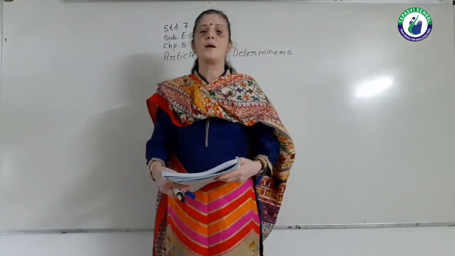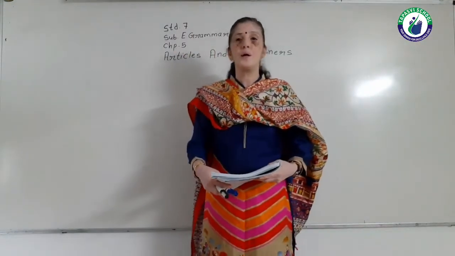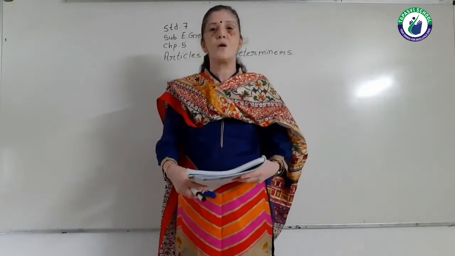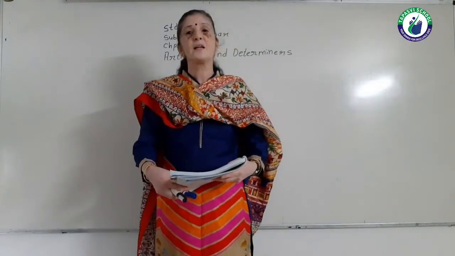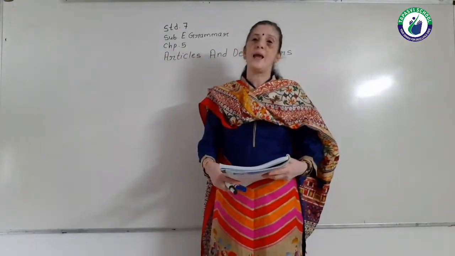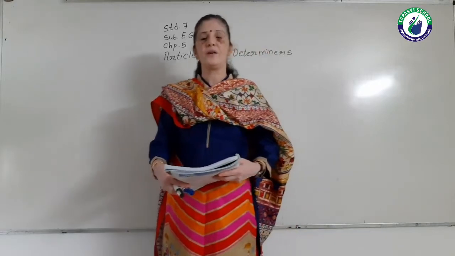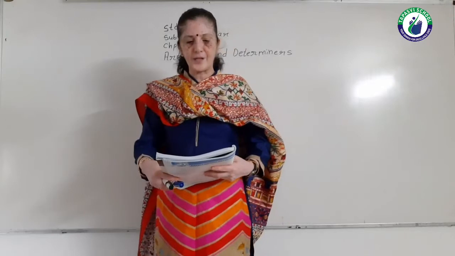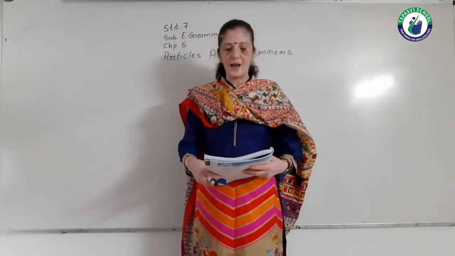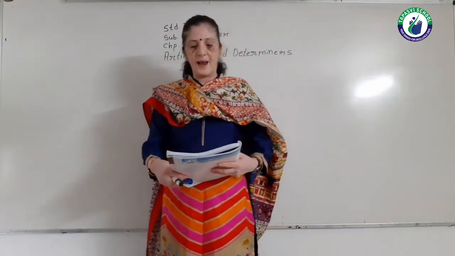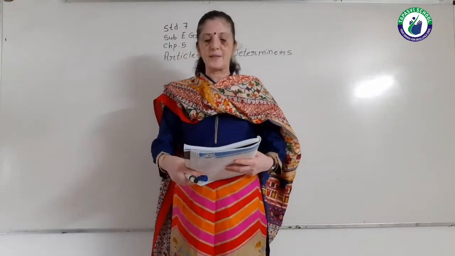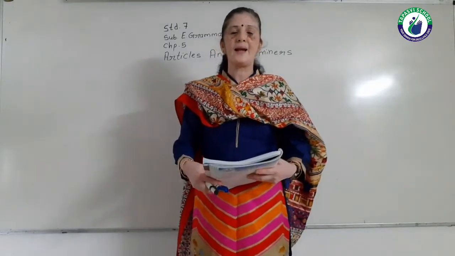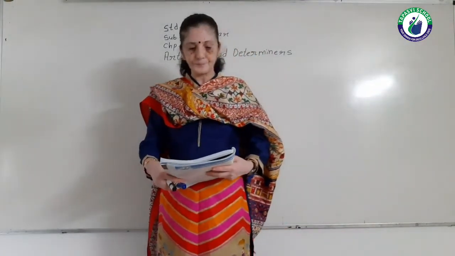See students, hour, H-O-U-R. Here the sound is A, and honorable again the sound is A. H is silent. So before these words, we have to use "an": an hour, an honorable person. And see examples: an hour, an honorable, an heir, an heiress, an honorary member, an honest girl. Here in these words, H is silent, so we have to write "an".